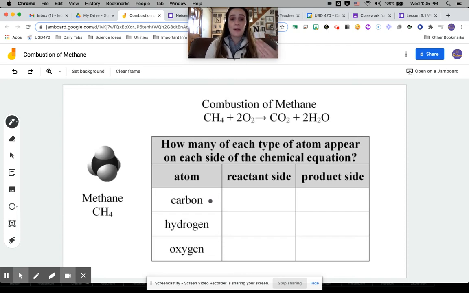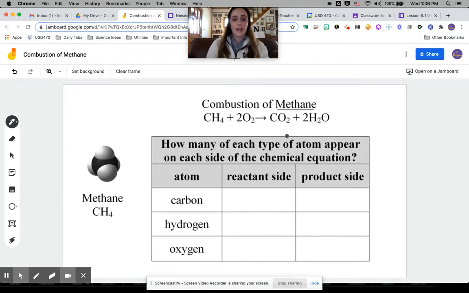Okay, so we are very quickly going to go through the combustion of methane, and we're going to be counting the atoms that are in the reactants and in the products. Remember, methane is a gas that is actually in farts and it can burn, meaning that it reacts with oxygen in the air. So here we have our methane, which is CH4, and it reacts with oxygen in the air to produce CO2, which is carbon dioxide, and H2O, which is